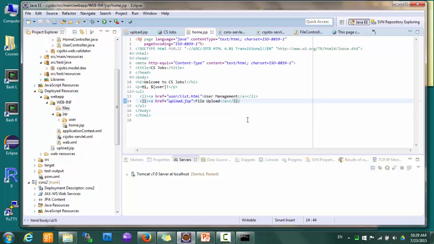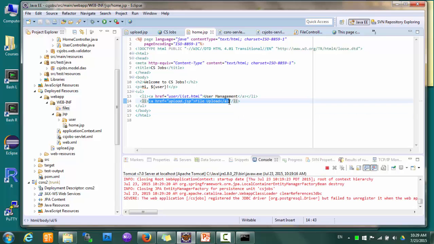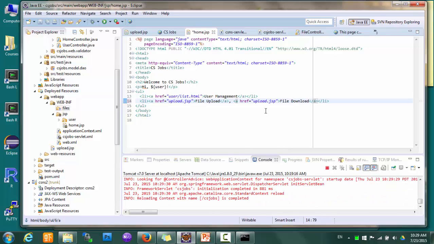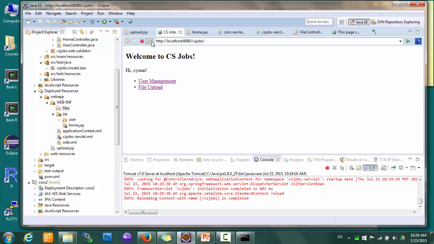And this one will be download HTML. Okay, so we did redirect. No,